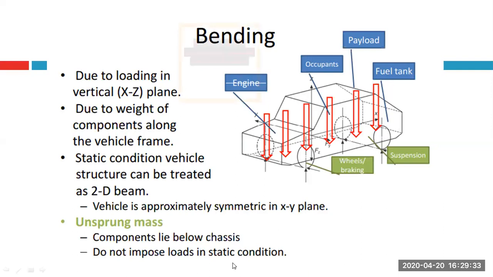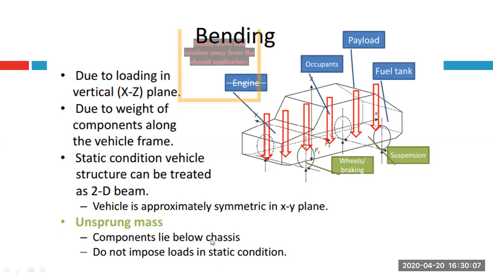And you also have something known as sprung and unsprung masses. So sprung and unsprung masses are defined again in vehicle dynamics as any mass which is below the suspension is known as unsprung mass. Okay, so this has to be corrected. It's not below the chassis, but after the suspension, any mass that you have is known as unsprung mass. So typically your wheel assembly is an unsprung mass, and in static condition, they do not impose any load on the chassis. Okay, so that's how this particular slide has been made.